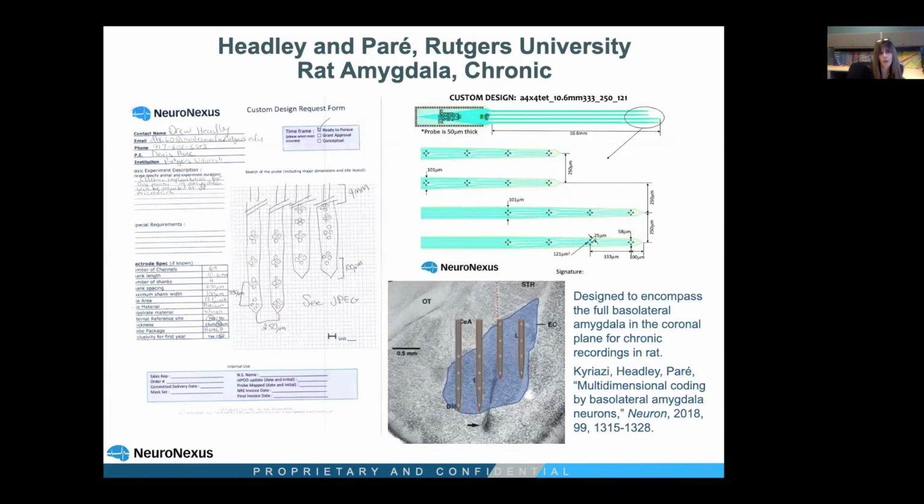Out of the lab of Dr. Paré from Rutgers University, this was an electrode designed for rat amygdala. It's a chronic preparation. And this also illustrates the importance and beauty of custom design. In the lower right there, you see that he wanted to fully instrument one plane of the amygdala, the rat amygdala, with an electrode. So he adjusted the shank length, the 2 shanks on the left are longer than the 2 shanks on the right,